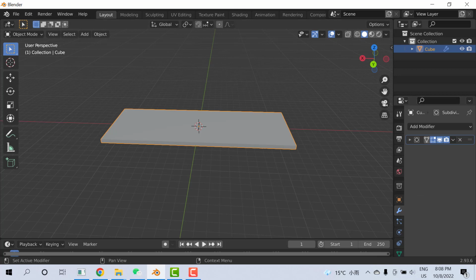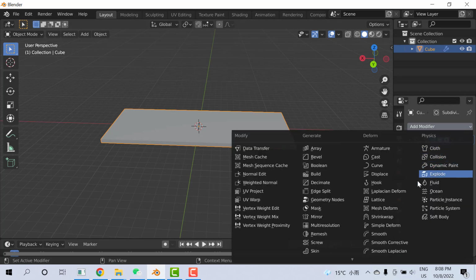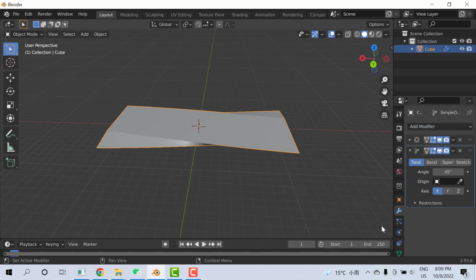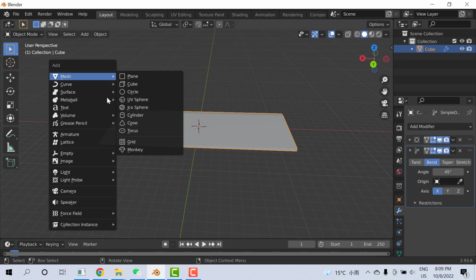Now again go to another modifier. You need to select simple deform. Here is the simple deform. Click on the simple deform. So you need to click on bend. Here is the bend. So one more thing, you press Shift A, go to